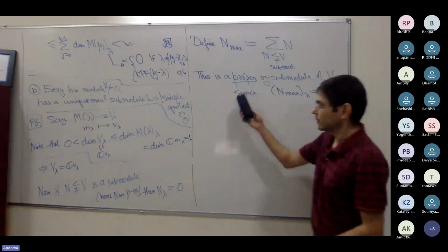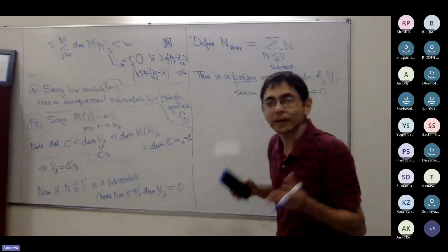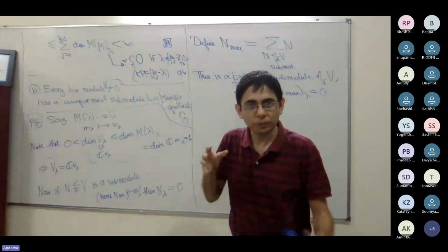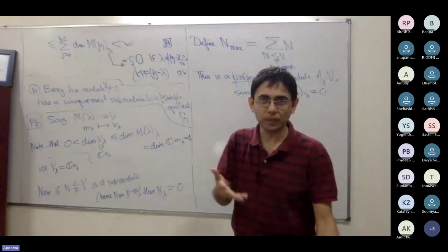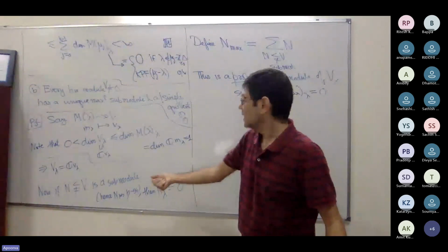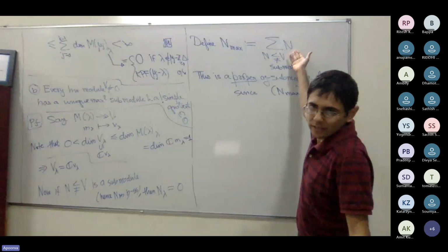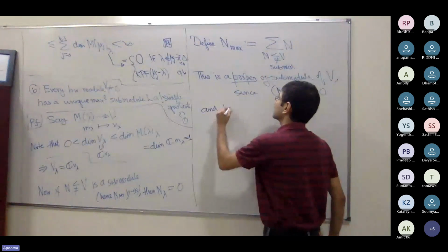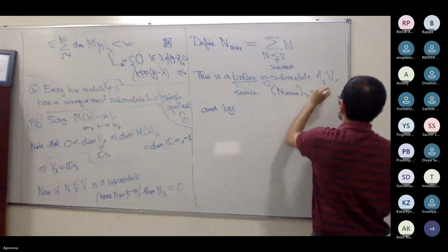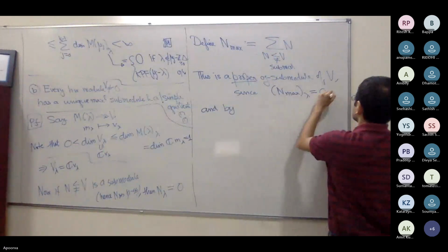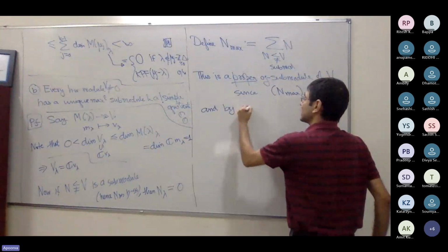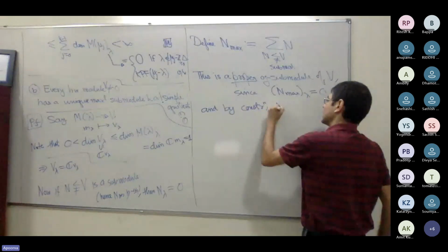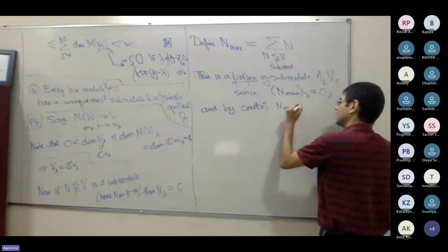Great. So now it's a proper submodule, and I claim it is maximal. Because if you have any proper submodule of V, then it is already on this side and therefore contained in it. And by construction, N max is the unique